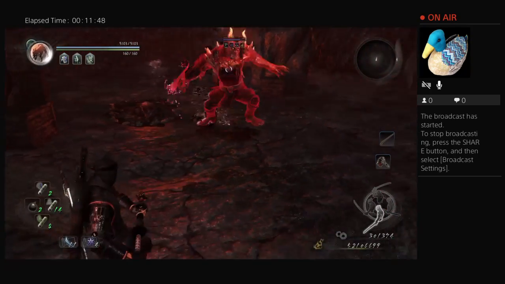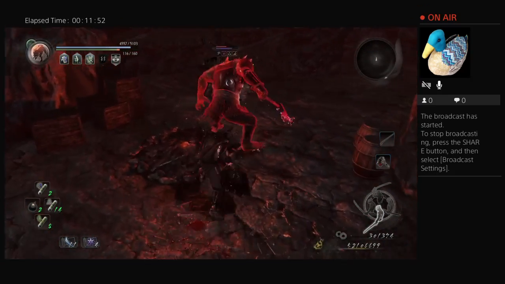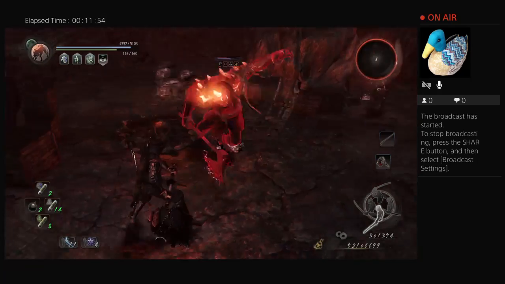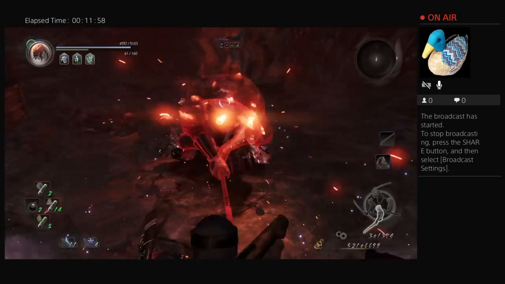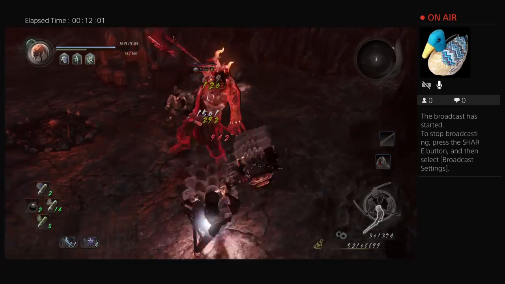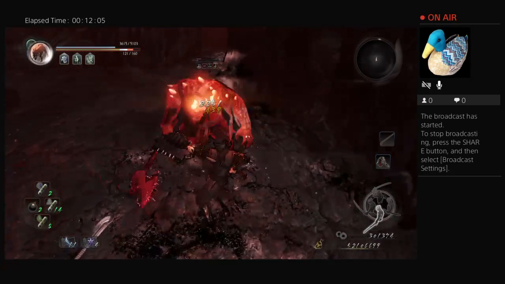That's why I like axes. So, when you're fighting something like this that has stamina, what you want to do is use your quick attack. It might not look like it did a lot, but basically it did a lot. The other move that I was doing, if you want to hit the horns of these guys,